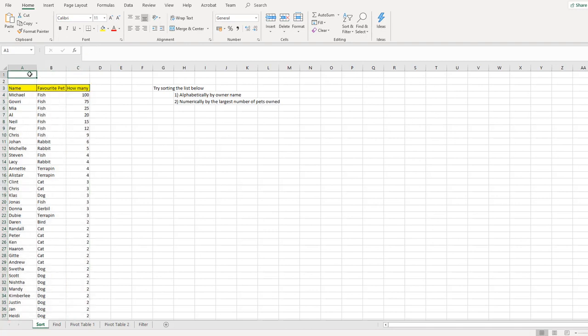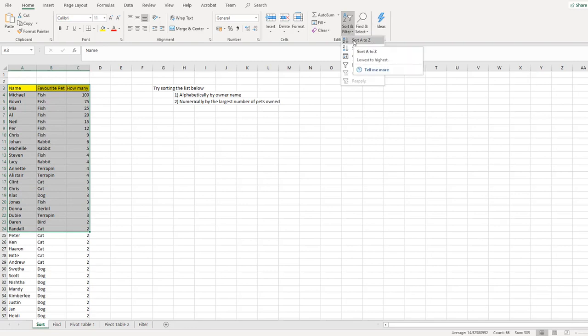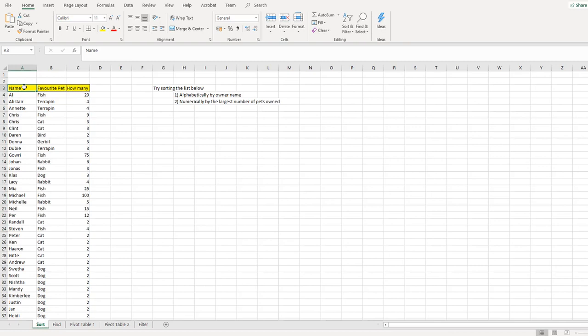Now, one thing that's really useful to make sure when you're sorting data is you don't lose anything, and that you actually do sort the entire list. Obviously the first thing to check is that you highlight the entire row. If you actually only highlight some of this and then do sort and filter, for example, let's just go A to Z, it's only going to sort the people that you've highlighted. So everybody else below Peter and down here remained the same, and this top section has just been resorted. So it's very easy, if you're not careful, to get your data a little bit muddled up and not sort everything. The other thing to note is if you only highlight the first row,